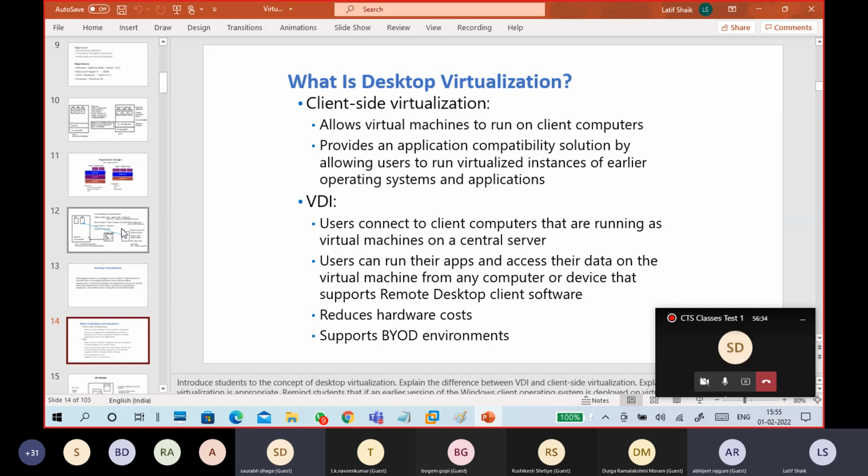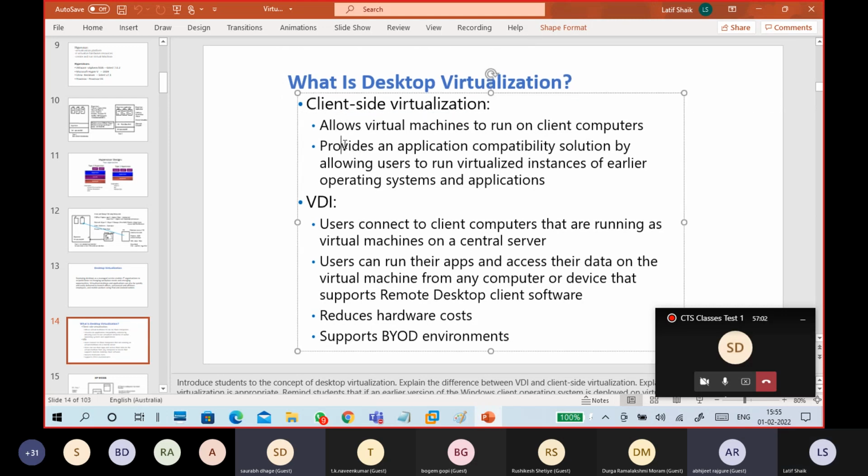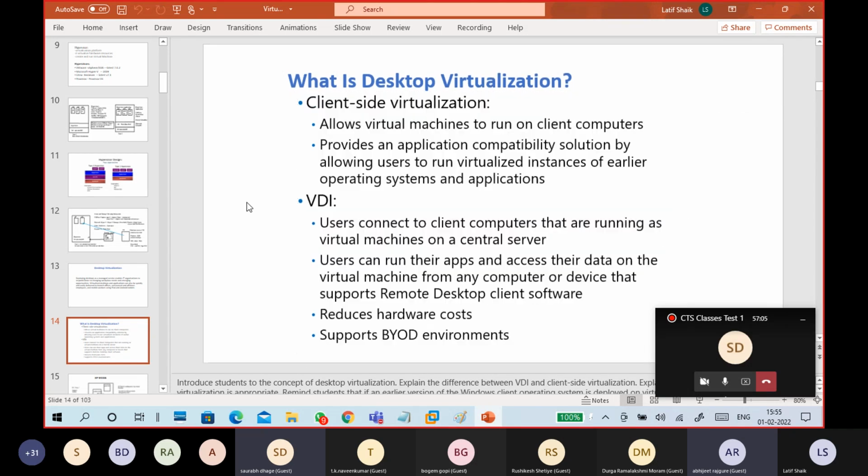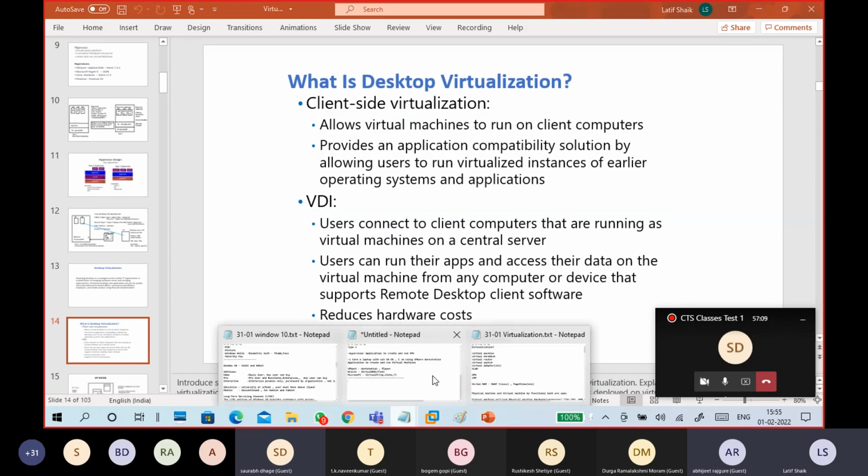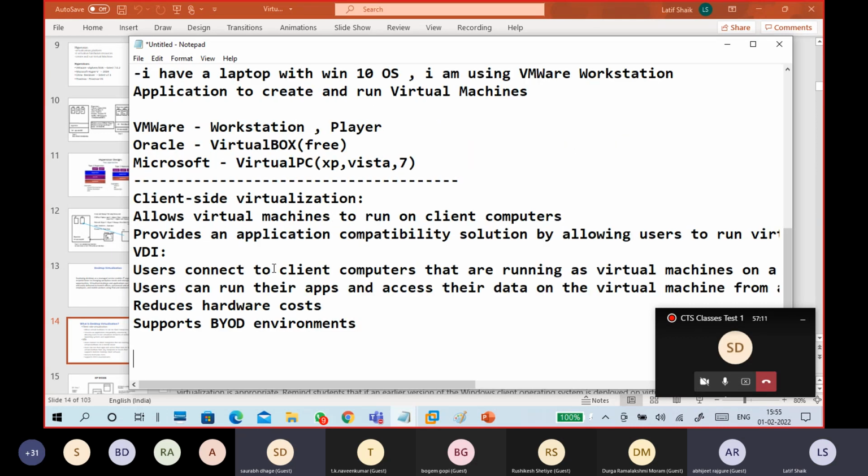I can run old applications and old operating systems. So that is a possibility, right? Instead of sticking to your physical operating system, you can use any operating system, old and new, and also you can run old applications with old operating system compatibilities. That is client side virtualization. So as per this client-side virtualization in the desktop virtualization,